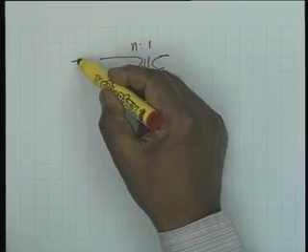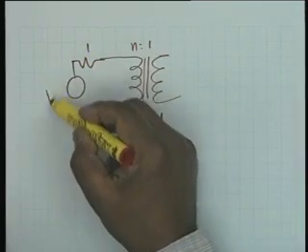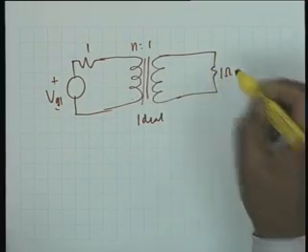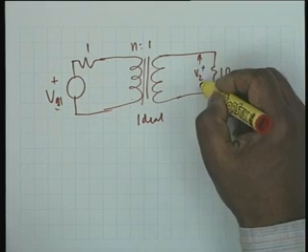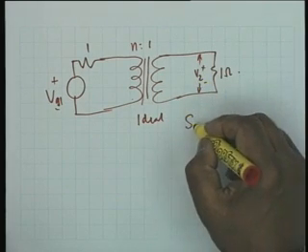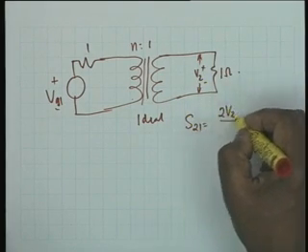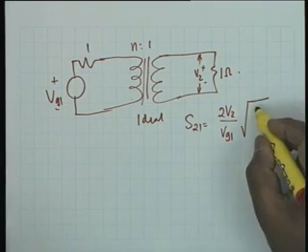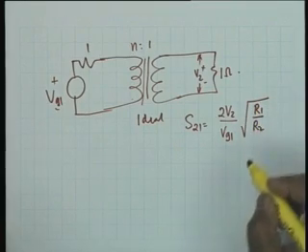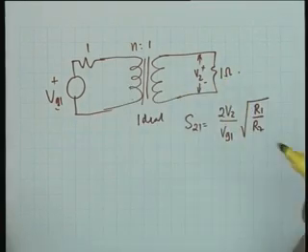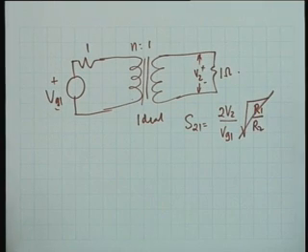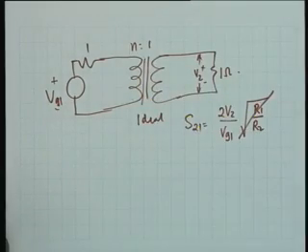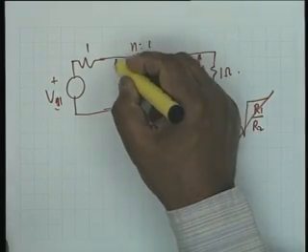Well, to calculate S21 we had terminated in 1 ohm, with source Vg1, and this is V2. By definition, S21 is twice V2 by Vg1 times the square root of R1 by R2, and R1 and R2 are equal here, 1 ohm and 1 ohm, and therefore this factor goes to 1. All we have to calculate is V2, and for that we first calculate V1, that is this voltage,